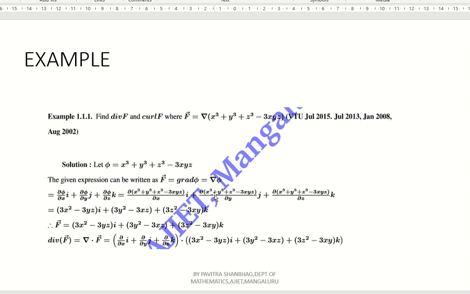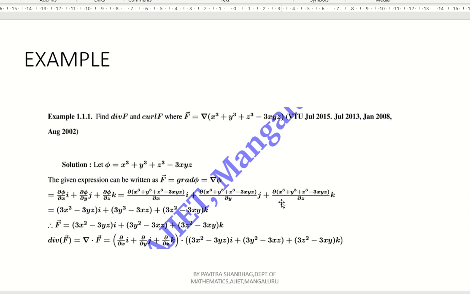Similarly, apply the same concept here. We want the partial derivative of the given function with respect to y, right? So the derivative of x cube with respect to y is 0. The derivative of y cube with respect to y is 3y square. Again the z cube derivative with respect to y is 0. And minus 3xyz is there. With respect to y, minus 3xz is constant, right? So the total derivative of this is 3y square minus 3xz, right?